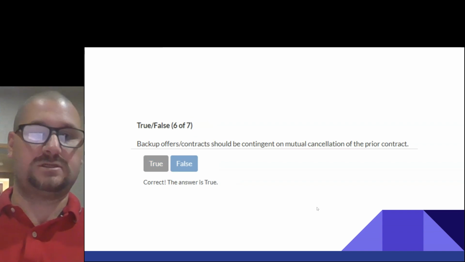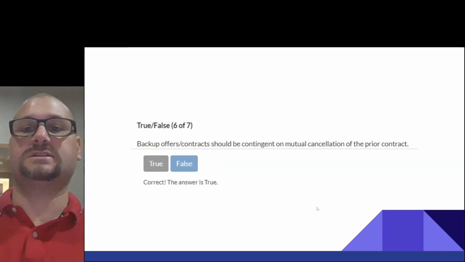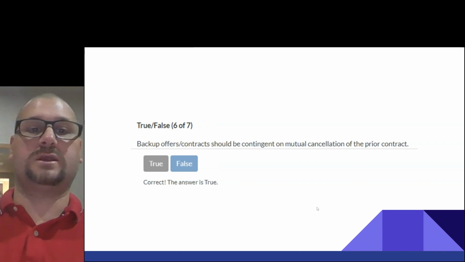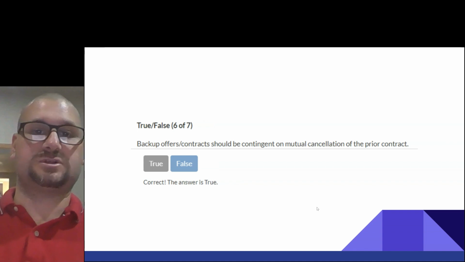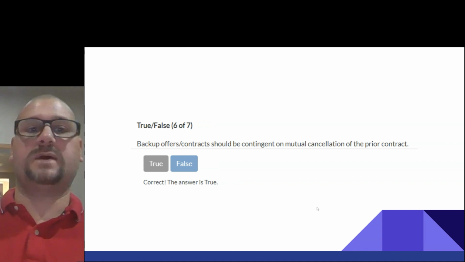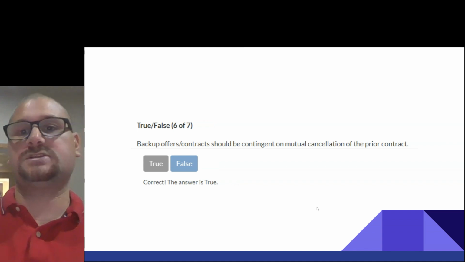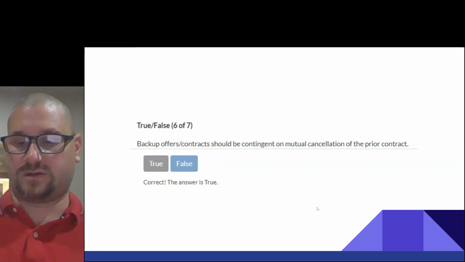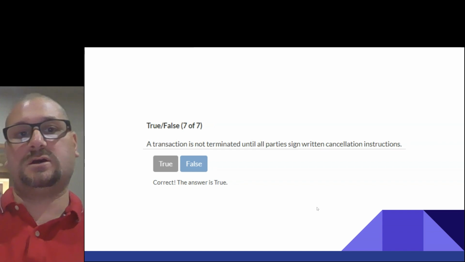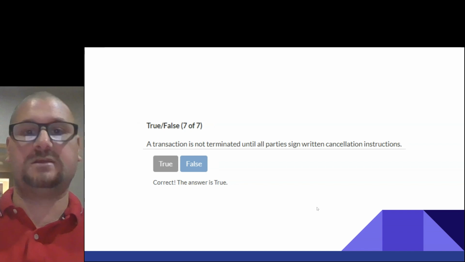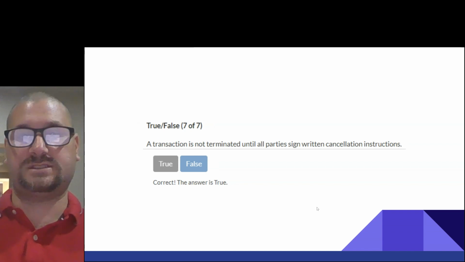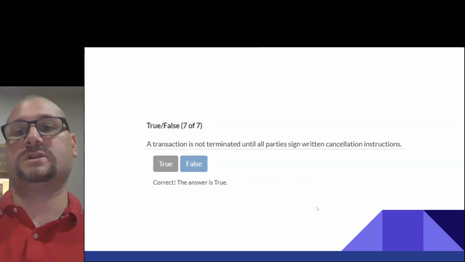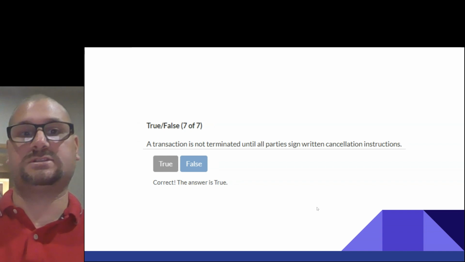Backup offers contracts should be contingent on mutual cancellation of the prior contract. This is true. So if you have a backup offer, it's contingent on mutual cancellation of the prior contract. A transaction is not terminated until all parties sign written cancellation instructions.